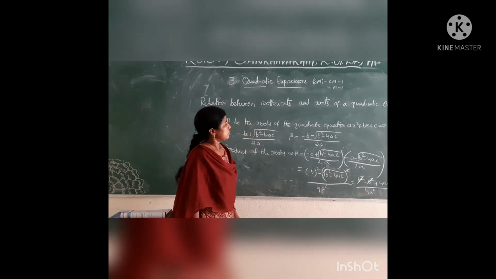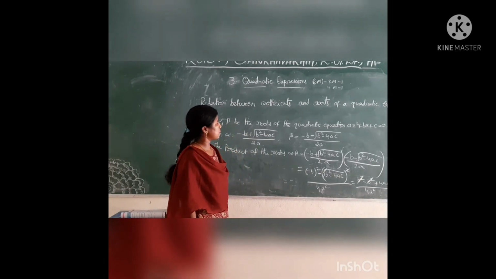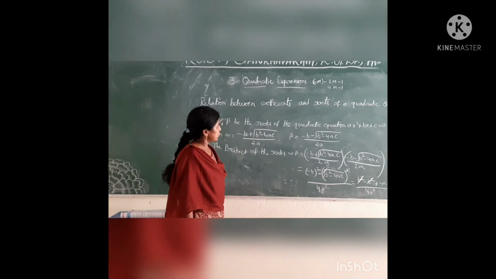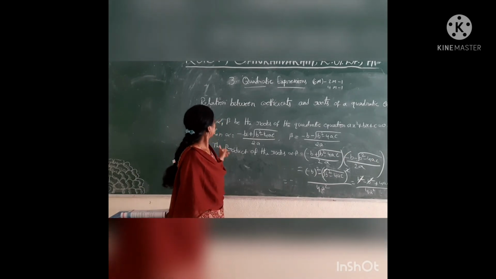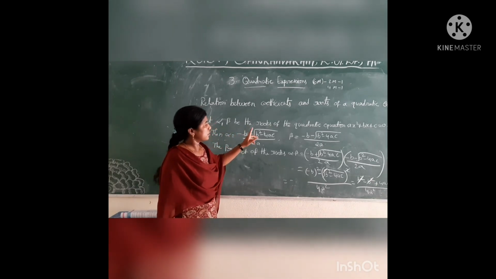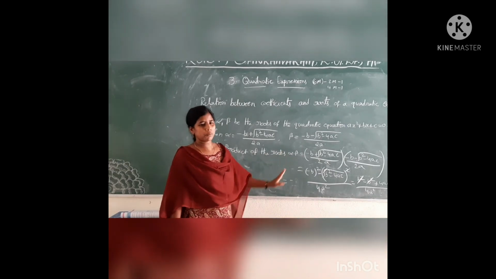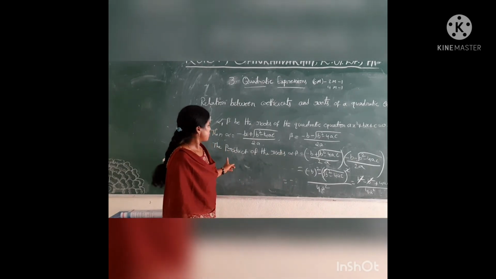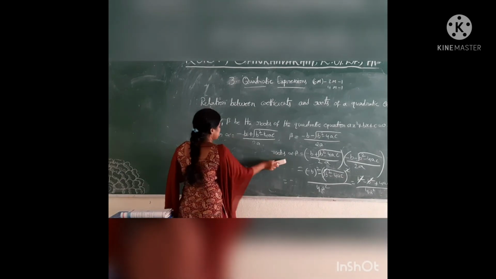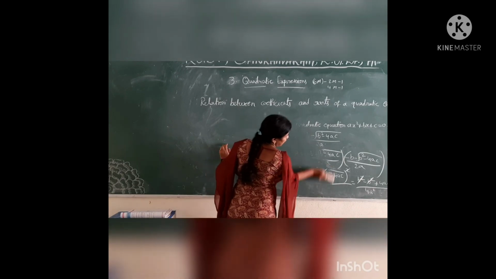That too, we have some 2 marks questions, very important questions, and IPE exam questions. We will solve those. Okay, understand the relation between alpha and beta, the 2 roots we get in the quadratic equation: sum of the roots is minus b by a and product of the roots is c by a. Okay, there are some notations to note in this formula.